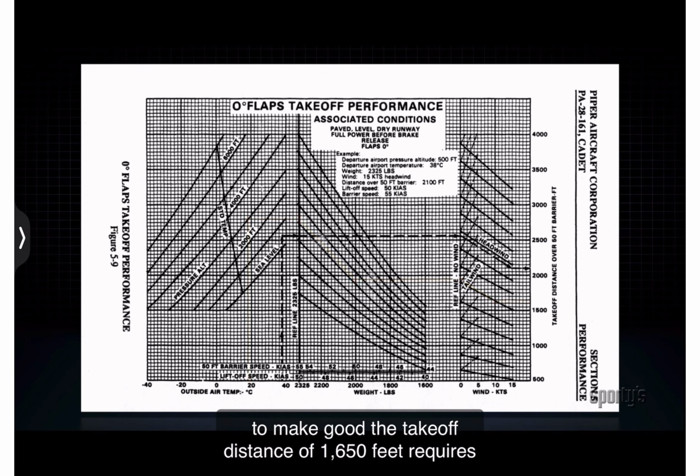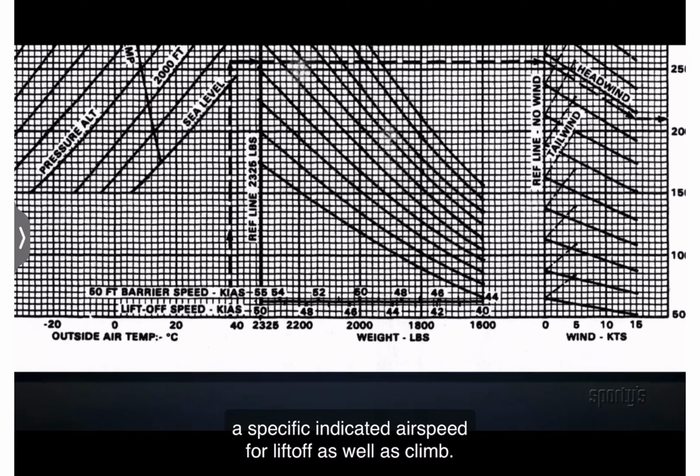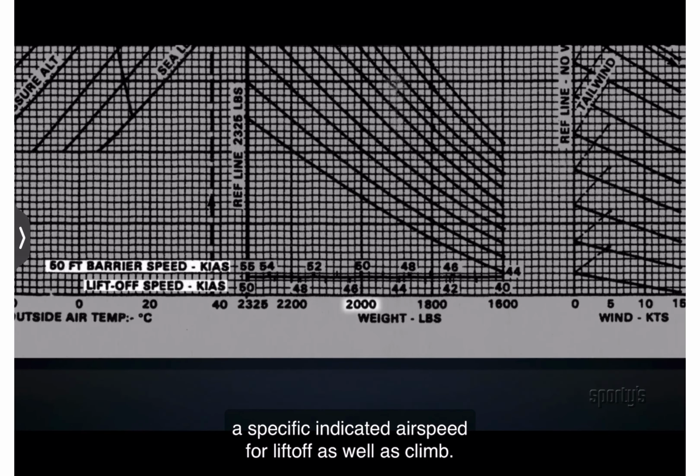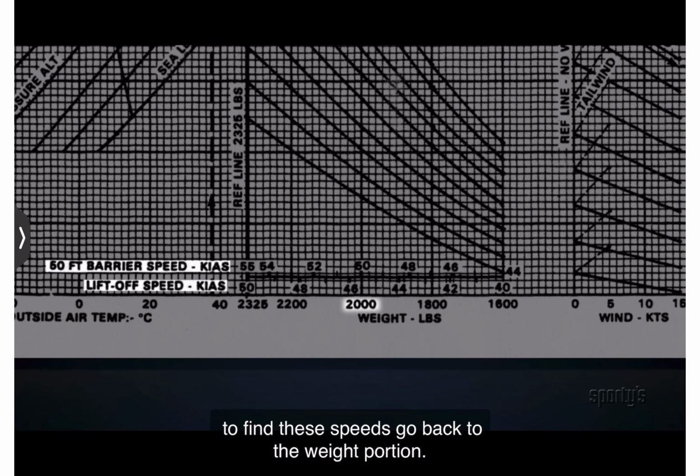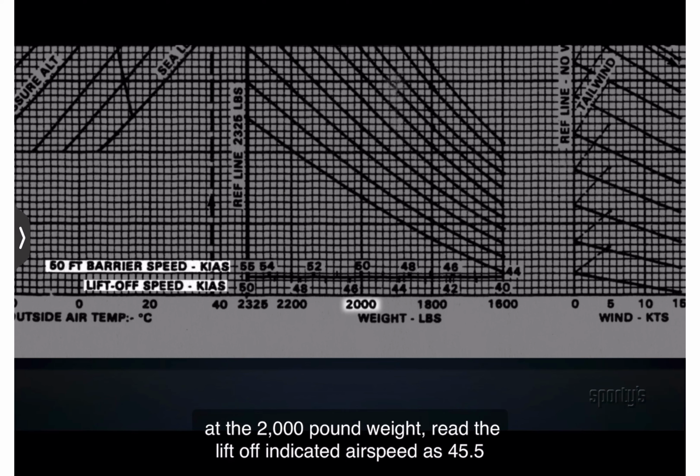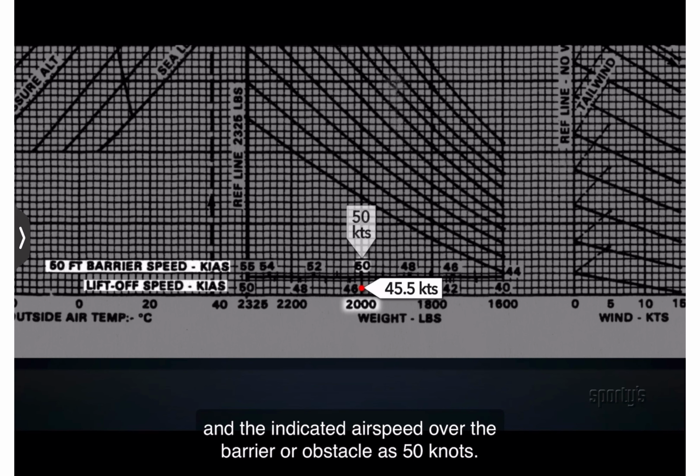To make good the takeoff distance of 1,650 feet requires a specific indicated airspeed for liftoff as well as climb. To find these speeds, go back to the weight portion. At the 2,000-pound weight, read the liftoff indicated airspeed as 45.5 and the indicated airspeed over the barrier or obstacle